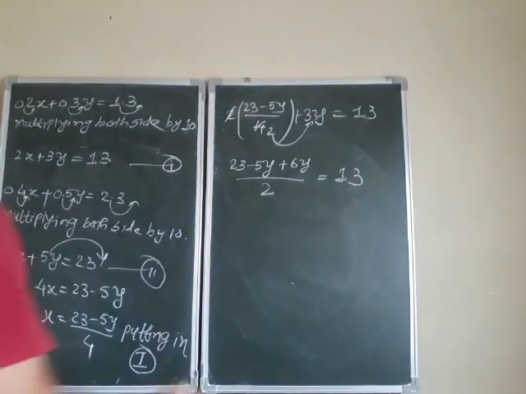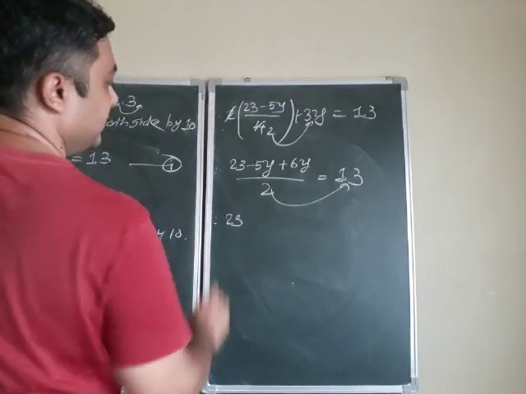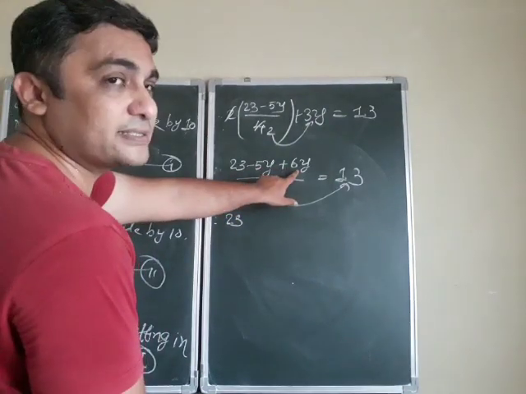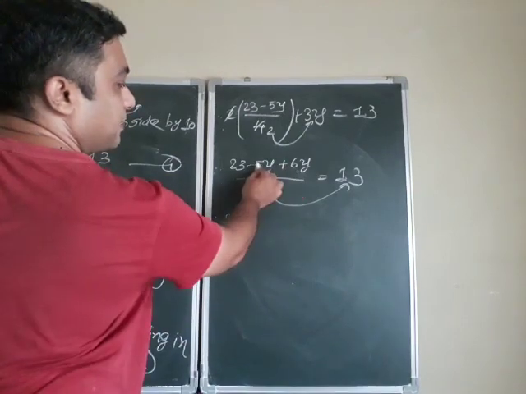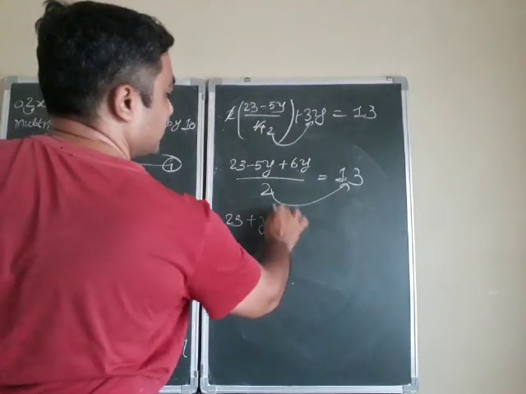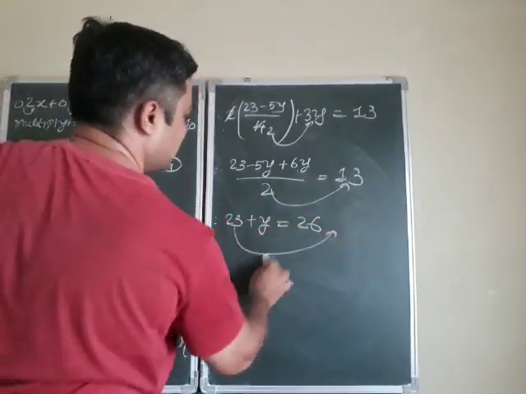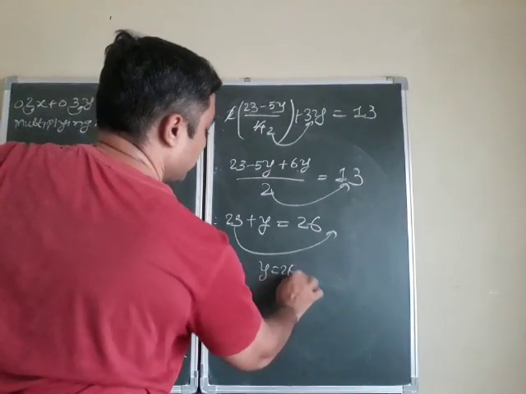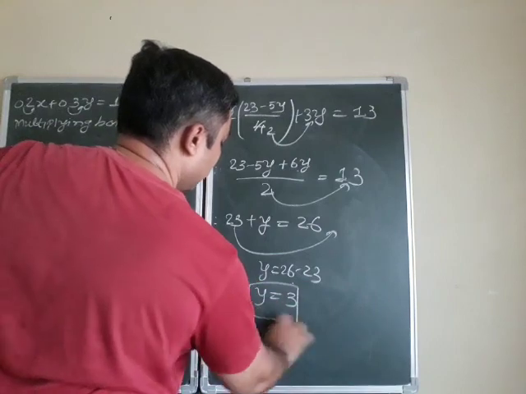चलिए ready. Now this 2 you can multiply on this side. So therefore 23, this is minus 5y and this is 6y. 6 में से एक minus 5 कैंसिल कर दीजिए, मतलब minus 5 सब्ट्रैक्ट करिए तो 6 minus 5. So remaining is plus y is equal to 13 2s are 26. And now 23 on this side. So y is equal to 26 minus 23 is equal to 3. So value of y is ready.